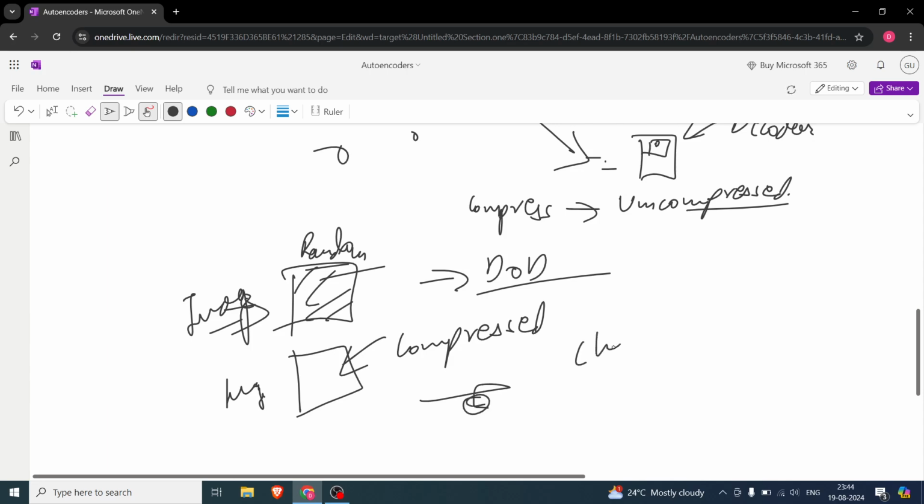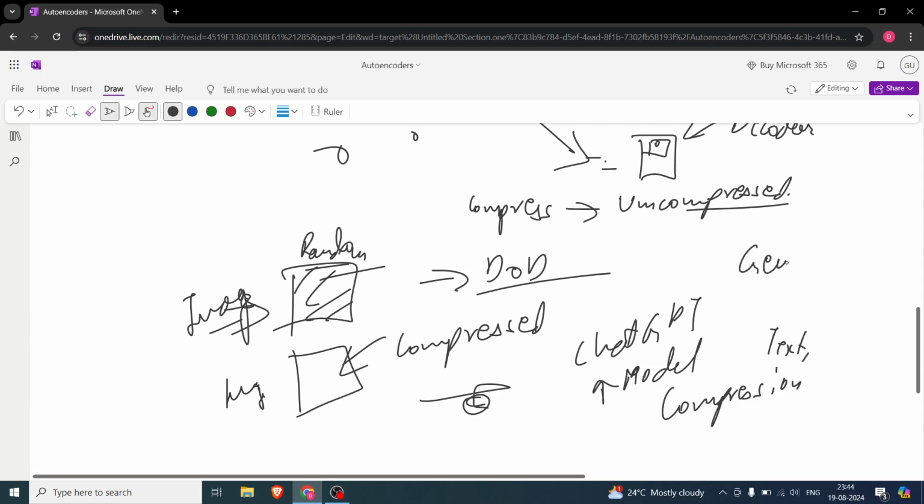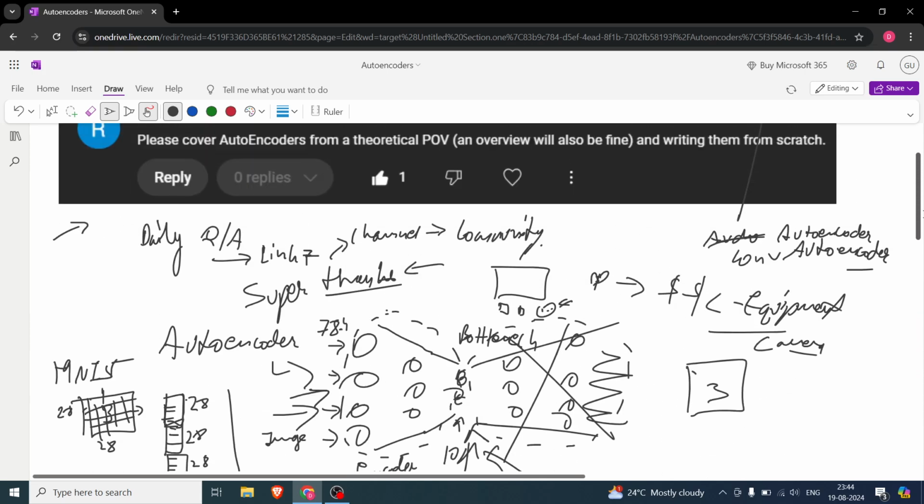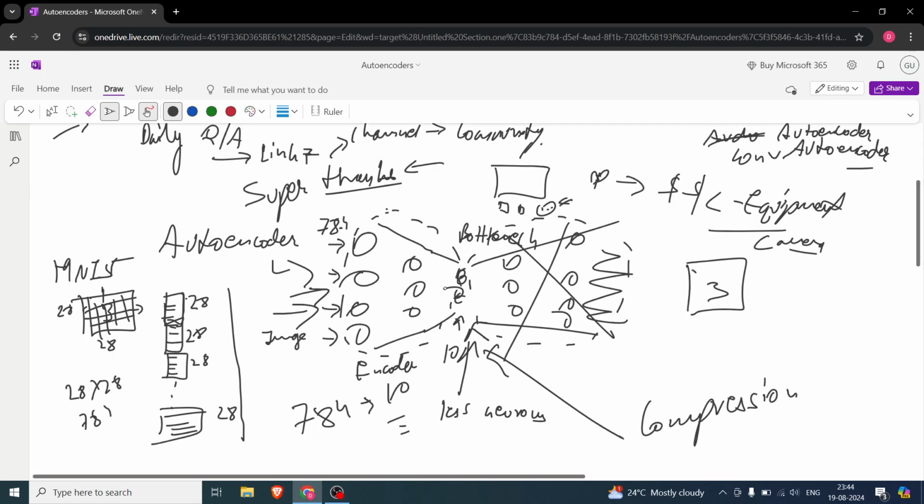It can be ChatGPT, or it can be a very hi-fi type of model. It is doing nothing but compression of images, or compression of text, or compression of Wikipedia, or compression of whatever it is. That is what it is doing. Again, generative AI is nothing but a deep neural network, nothing much. It is just a compressor. So yes, you can use this compression for generation.